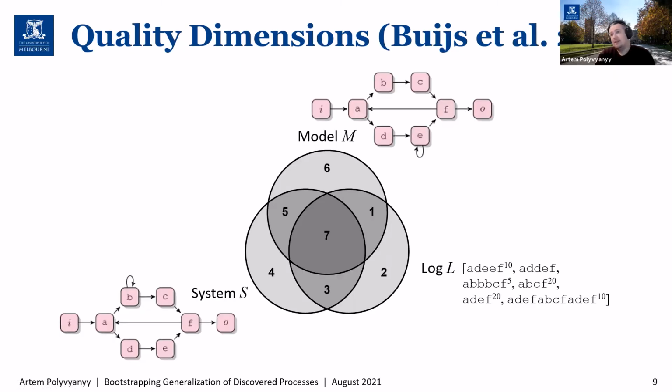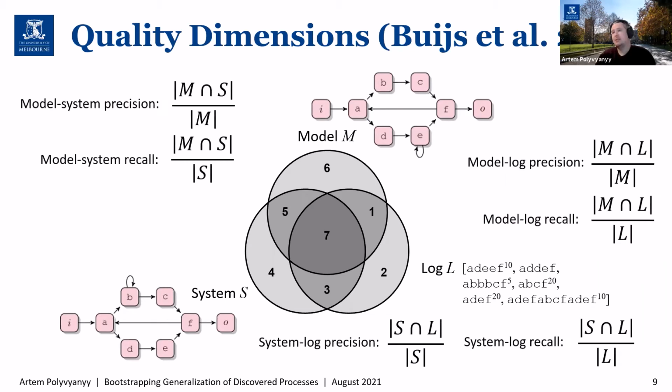And then within this setting, in 2014, van der Aalst, Buijs, his collaborators, Buijs was a PhD student of Will van der Aalst as well, came up with the idea of how to assess the quality formally in process mining. So we have 3 collections of traces, and it's quite reasonable that we can compare them pairwise. So we can, let's say, take a model and a log and measure precision and recall between model and log. So we can overlap those sets, right, and measure the cardinality,